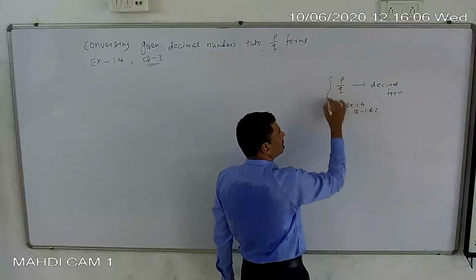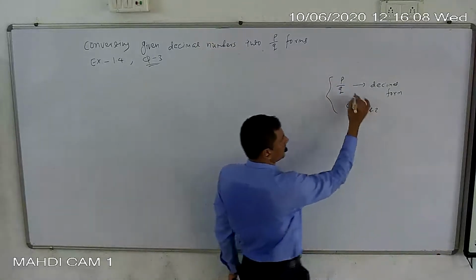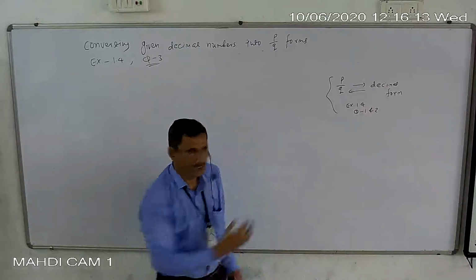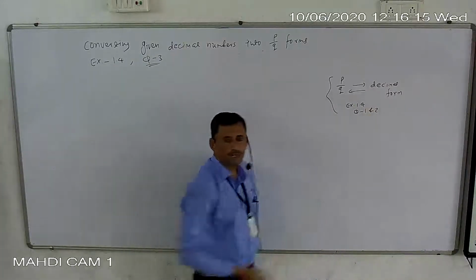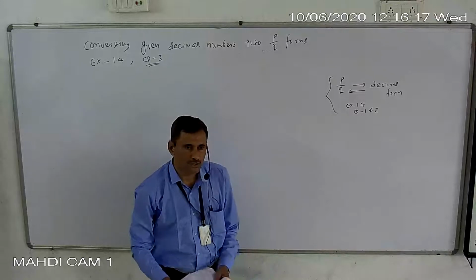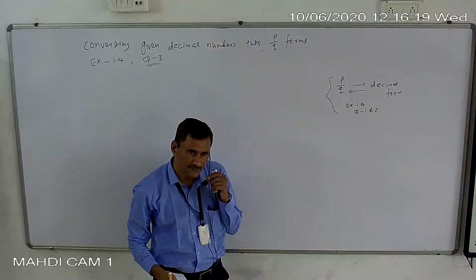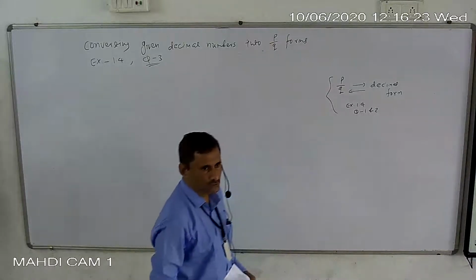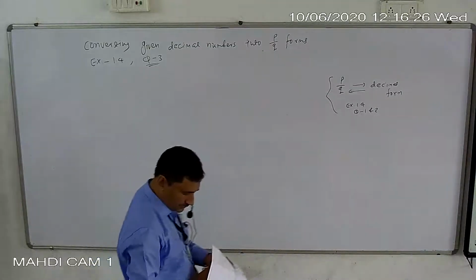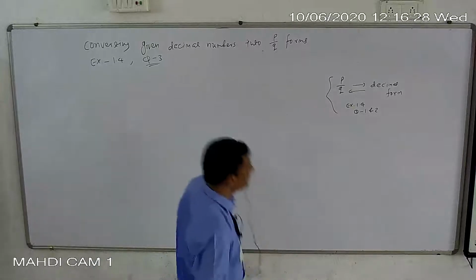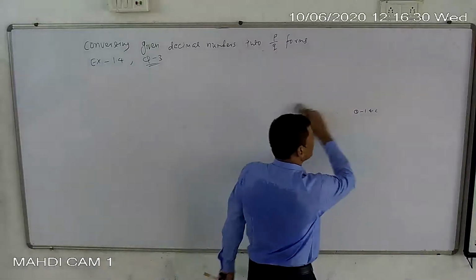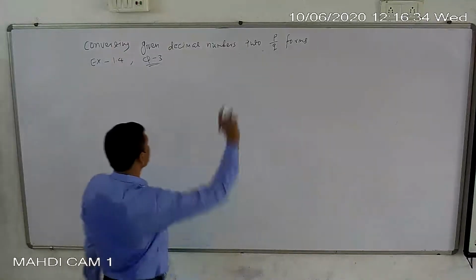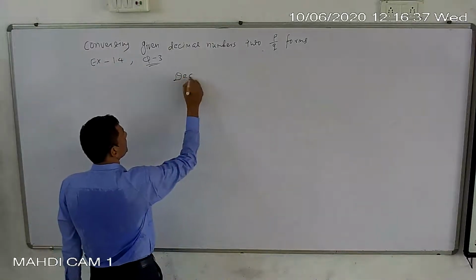Now question number 3 is quite opposite of that. Why? We are already given decimal form. We have to convert into p by q forms. So today's topic is quite opposite of the earlier process. Now first of all, before going to that topic, we first understand how many types of decimal forms are there. In decimal form of any number,